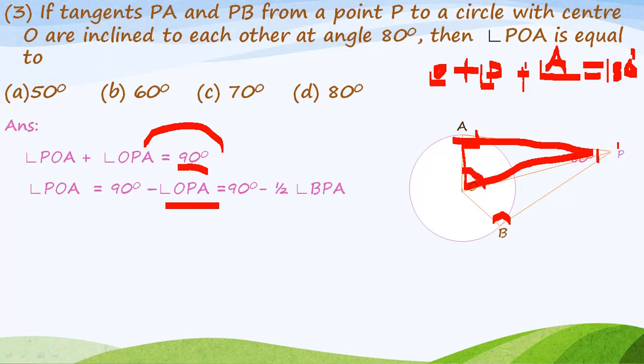The value of OPA is half of the angle P, because OP also bisects. Therefore, half of 80 is 40 degrees. OPA is equal to half of BPA, or half of 80, which is 40 degrees. Means 90 minus 40 is 50 degrees. Therefore, option A is the correct answer for this question. Or we can solve this problem in another way, is already we know that angle